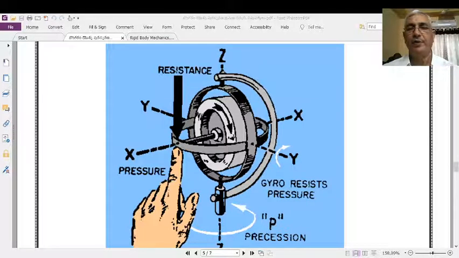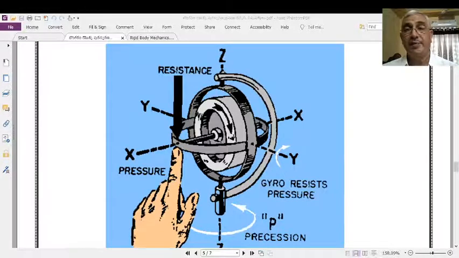In this video class, we will discuss the construction and working of the gyroscope, and then we will go to the precession of the equinoxes of the Earth. These two topics are very important, excellent topics. The first one, the gyroscope, is a device, an instrument in which there is a precessional motion. Precession will take place.